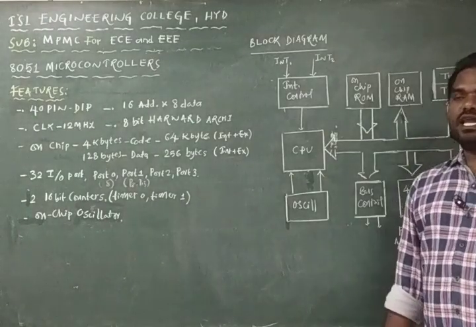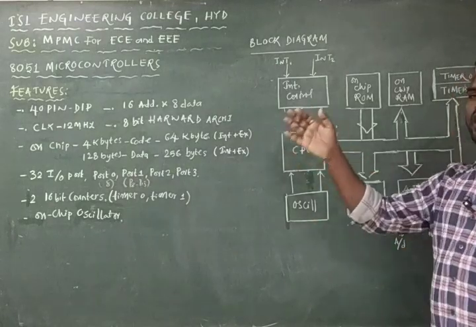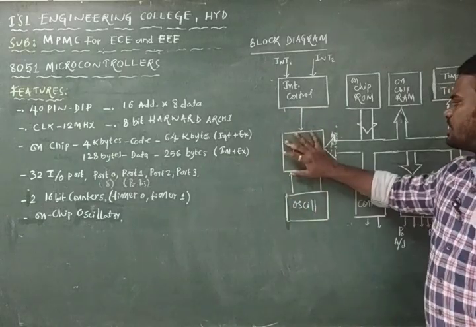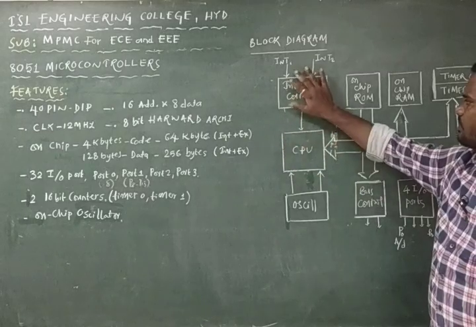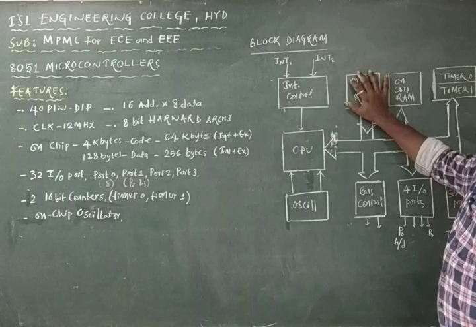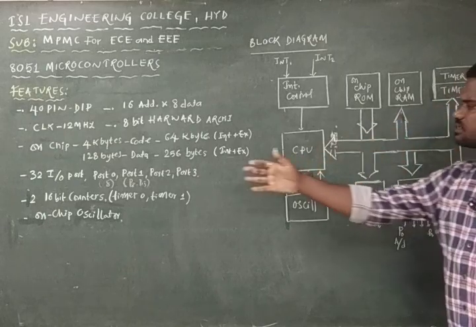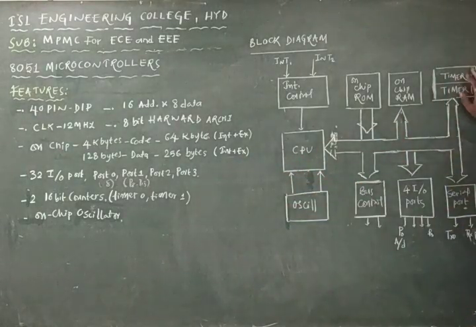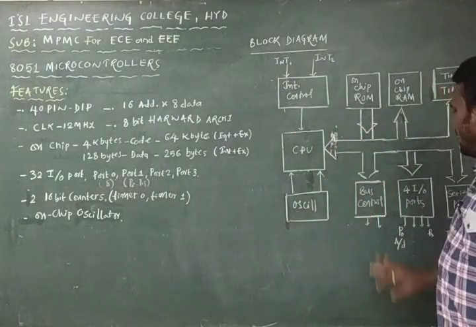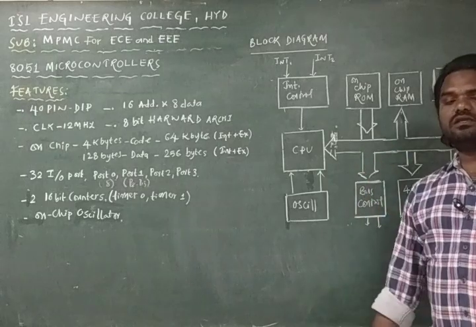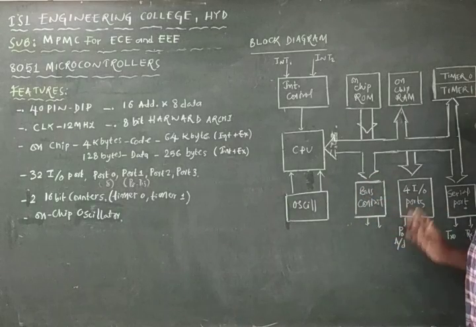We know that the 8086 microprocessor is nothing but a CPU on an integrated circuit. A CPU on a chip is named as a processor, but along with the CPU, we are having some interrupt control. On-chip ROM is nothing but the code memory. On-chip RAM is nothing but the data memory, and we have two timers, timer 0 and timer 1, and the oscillator which is providing the required clock frequency. And coming to the bus controller, it has 3 buses, address bus, data bus, and the control bus, and all these will be controlled by this one,